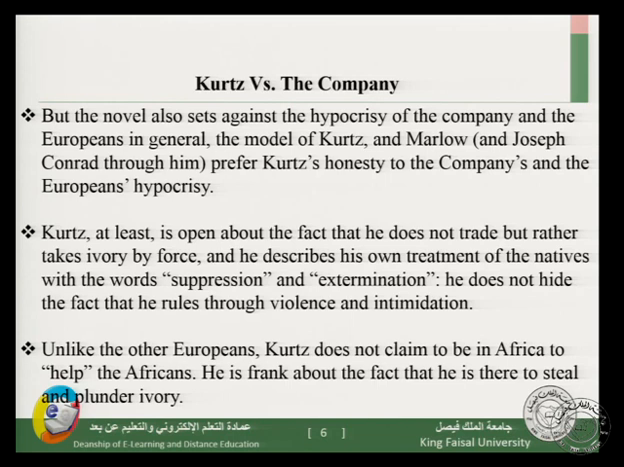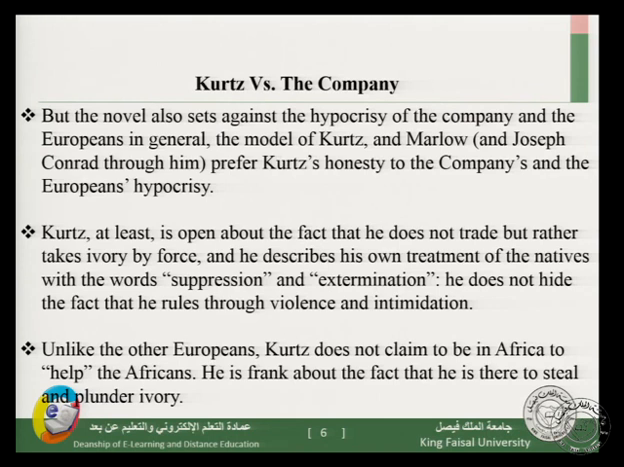He doesn't say, like the Europeans, that he is there to trade. He says he's coming to take the ivory. He's coming to kill and take the ivory. He's coming to subjugate and enslave the Africans so they can give him the ivory. And this is a position of honesty, Marlow tells us, and Joseph Conrad tells us. This honesty, at least, is better than the company's attitude of spreading mayhem and destruction and claiming that they are